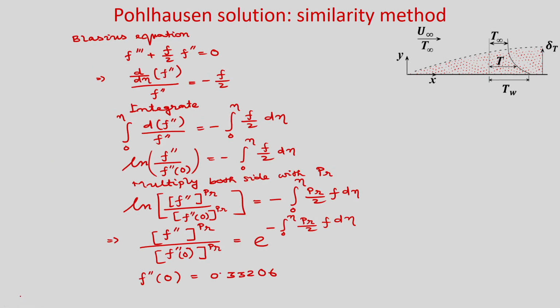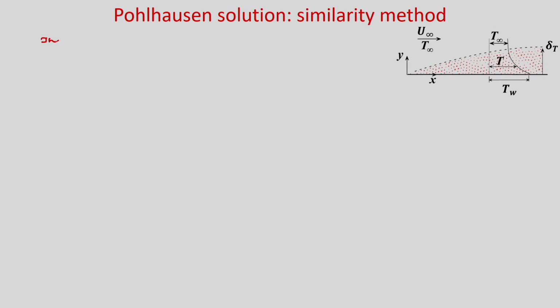You will get the dimensionless temperature distribution, theta, which is a function of eta as well as Prandtl number, is equal to